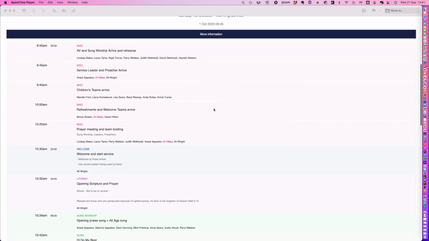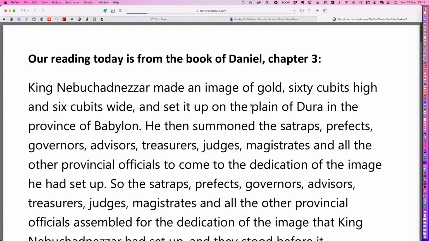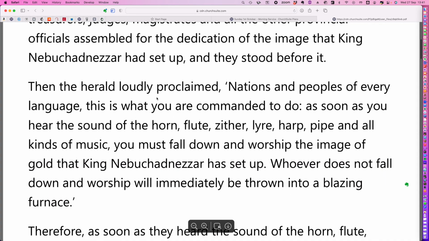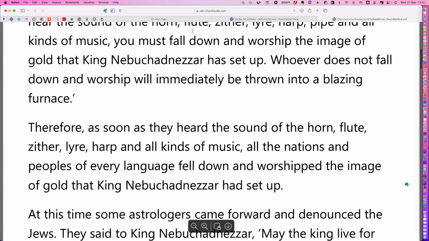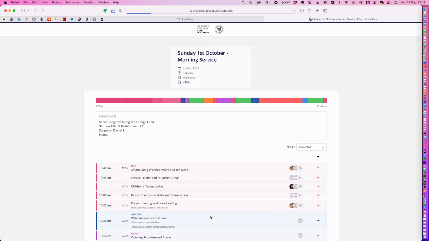Now, in this example here, we saw that for Gina, there was a note about the reading being available here. When we scroll down this email, if we get to the reading, we can see here a PDF document is available. By clicking this link, we're then taken to that reading, which we can download, print, and use as we see fit. So that is our service plan email. You are able to access a more detailed and interactive version of service plan in the following ways. From this email, by clicking more information,